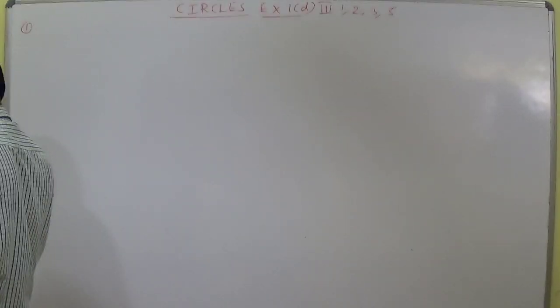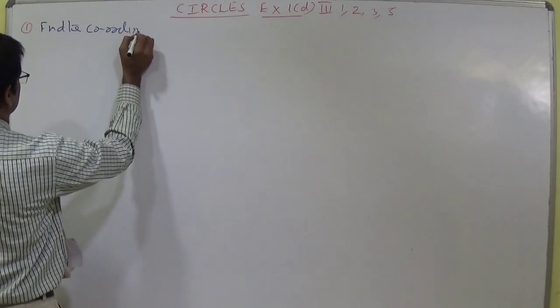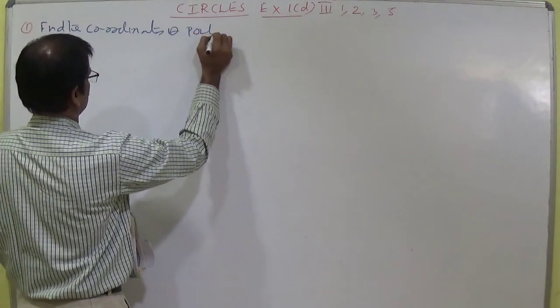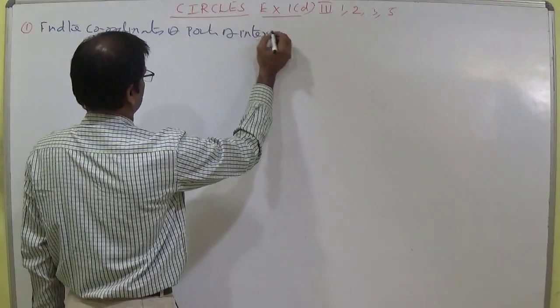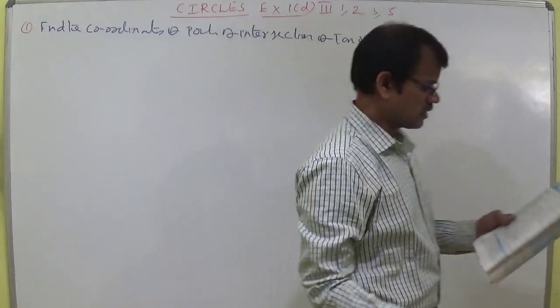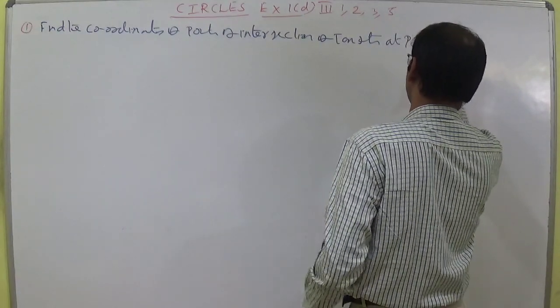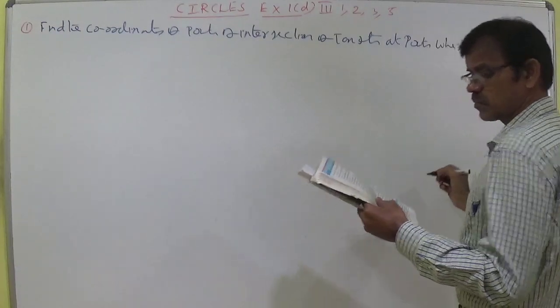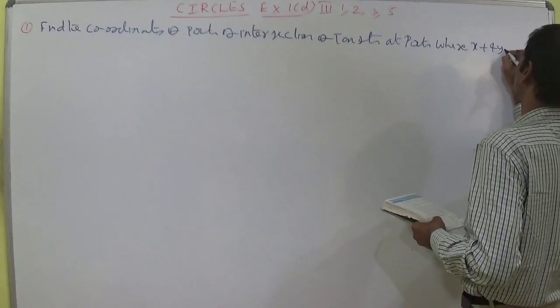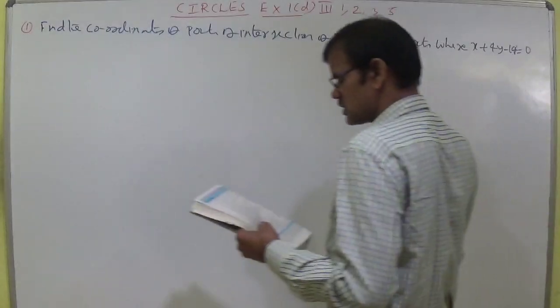First question: find the coordinates of the points of intersection of tangents at the points where x plus 4y minus 14 equal to 0 meets the circle,